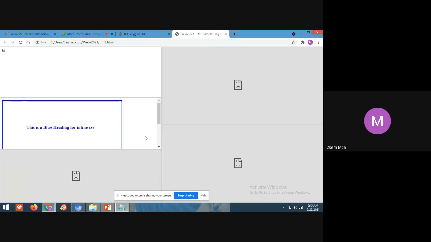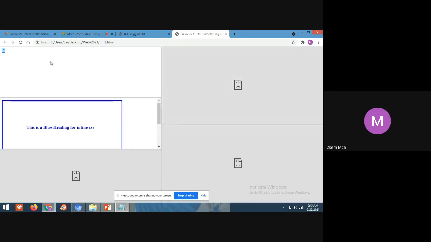Yes, students, can you see the web page? Can you see the output? The entire web page is divided into 2 columns. See, this is where I'm pointing my mouse pointer, from the word high to this line. This is 1 column, and the remaining part, where you can see this symbol, is the second. So the output is divided into 2 columns.